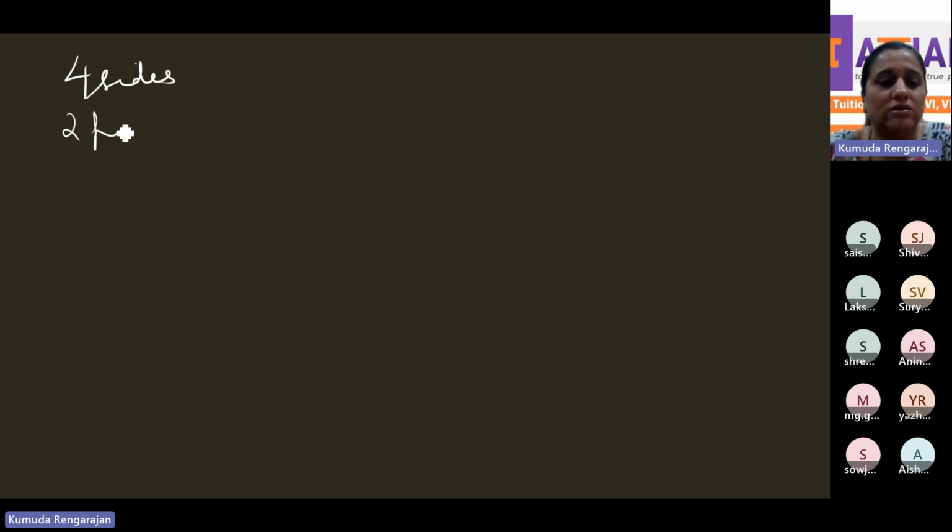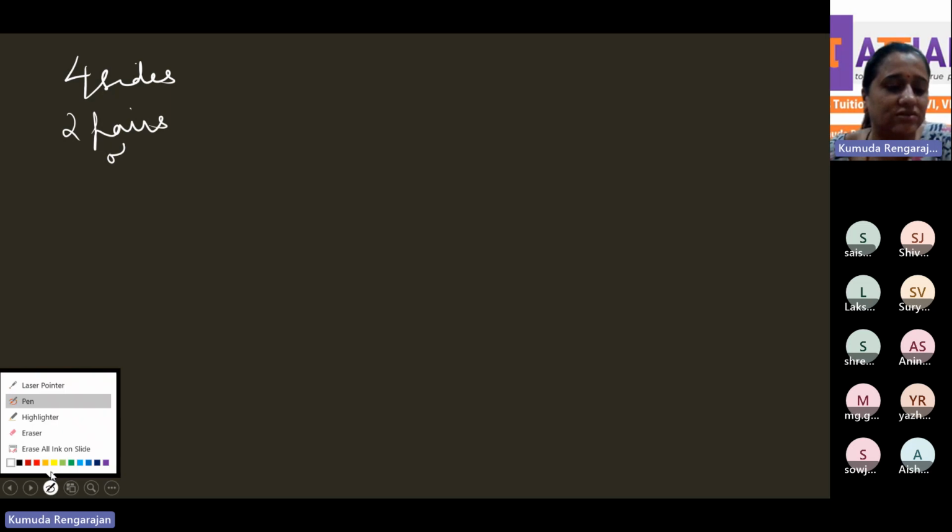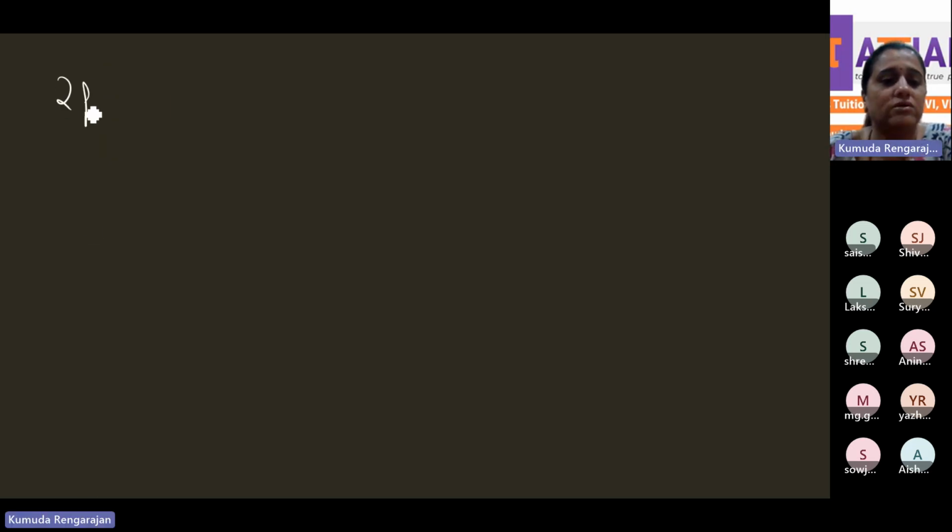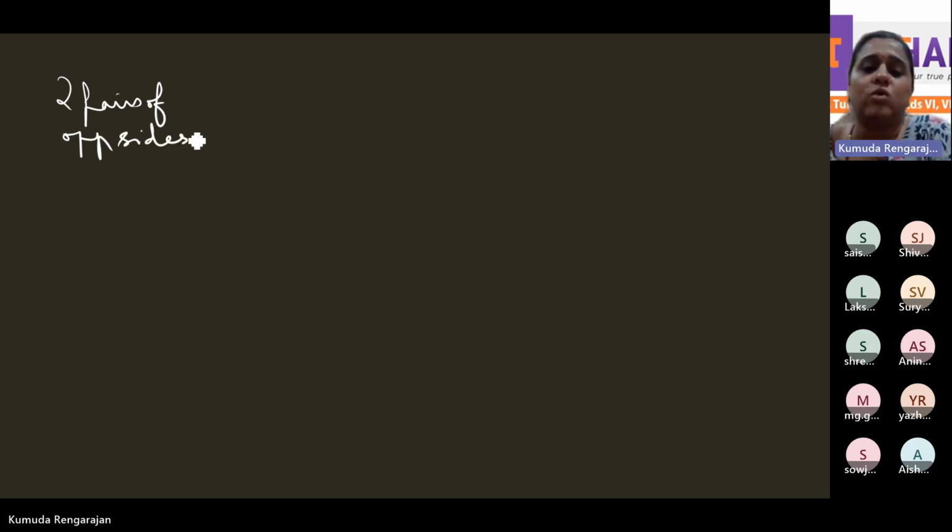A quadrilateral has four sides, meaning two pairs of opposite sides. Okay, so when no pair of opposite sides are parallel,